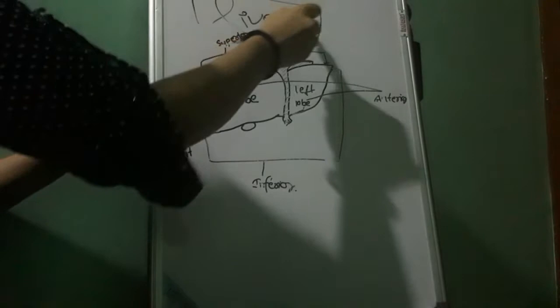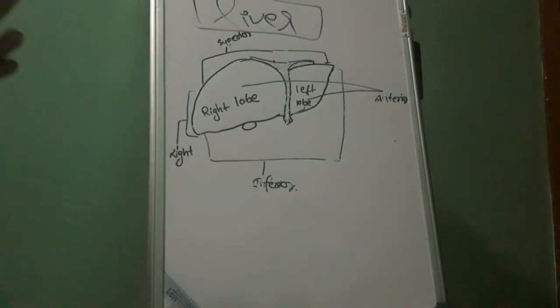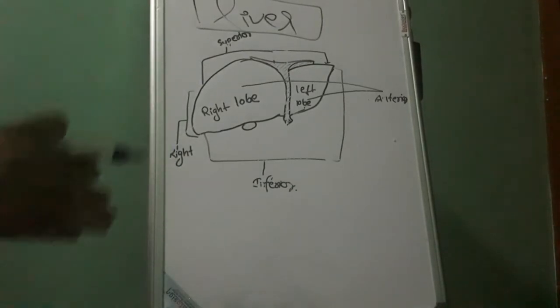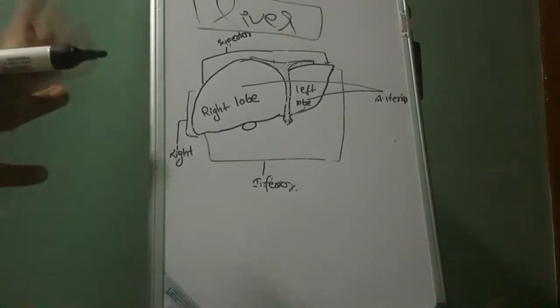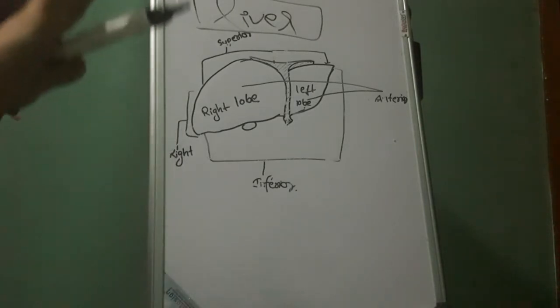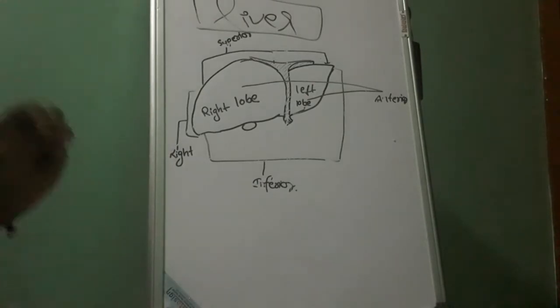Today we will be talking about the anatomy of the liver, which is one of the very vital organs of our body. This video will be in many parts because there is a lot to talk about in the anatomy of the liver. So we will be making it part by part. Today is the turn of the first part, where we will give an introduction of the liver and some of the important points about the liver.